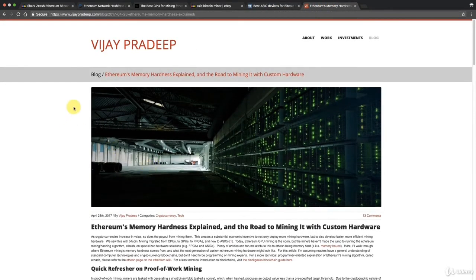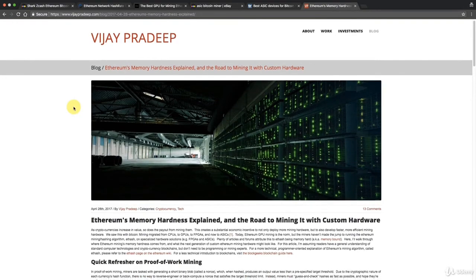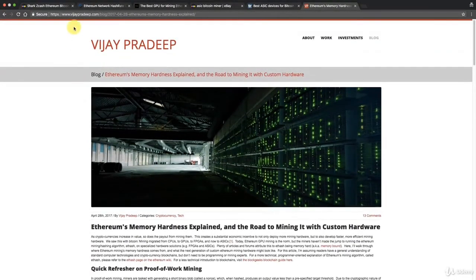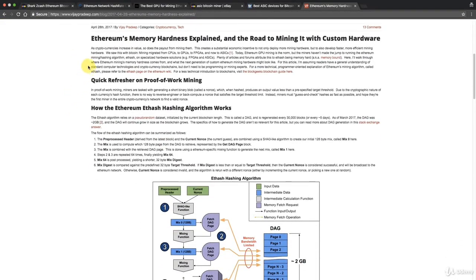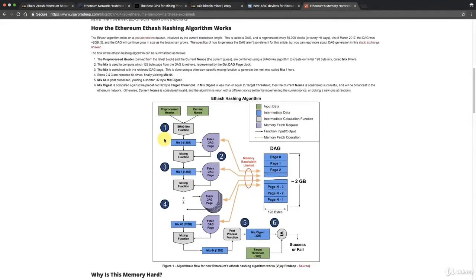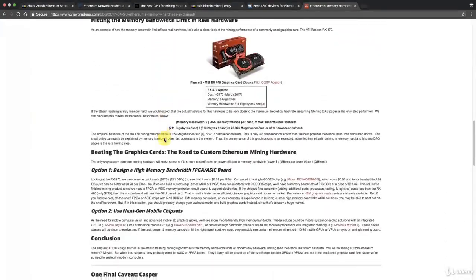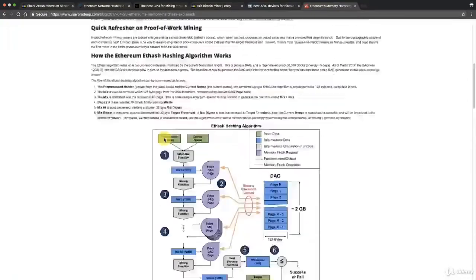And finally, for today's additional reading, I've got an interesting article. It's on vijaypradeep.com, and again, we'll link this in the course notes. This one is about Ethereum's memory hardness explained and the road to mining with custom hardware. It's a little bit of a hardware or technical article. It's not long, but it explains quite well